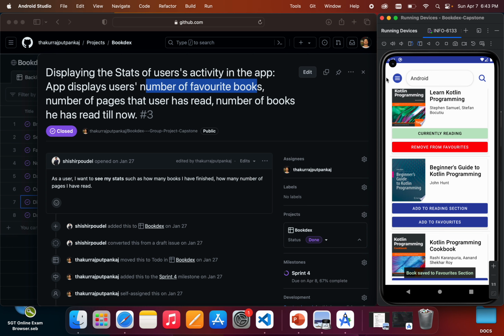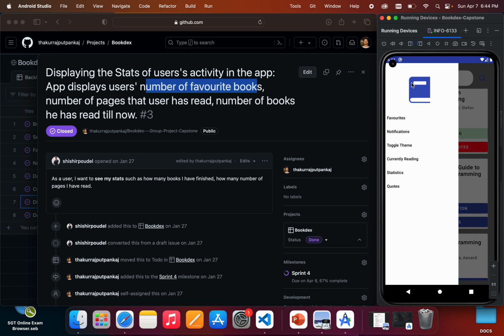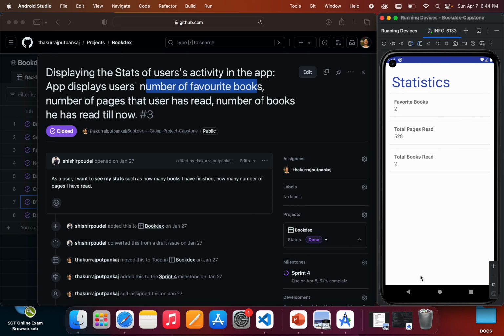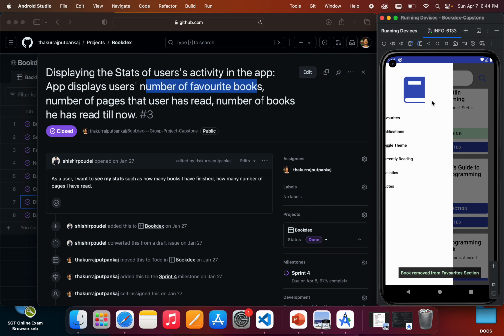Okay, so for the number of favorite books, if I add this book to favorites, add this one as favorite, there we go, 2 books in favorite. So the statistics should show 2 here. There we go, 2. If I remove any of the books from here, I guess, yeah, there we go, and